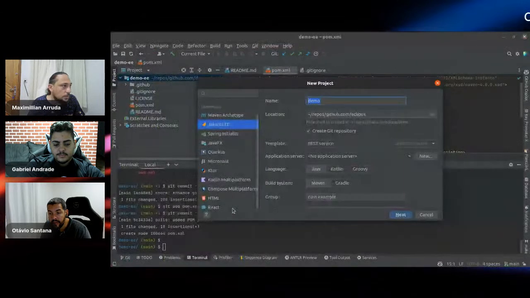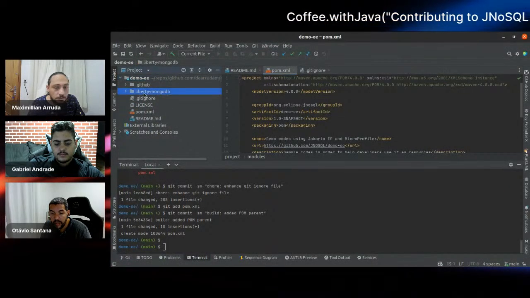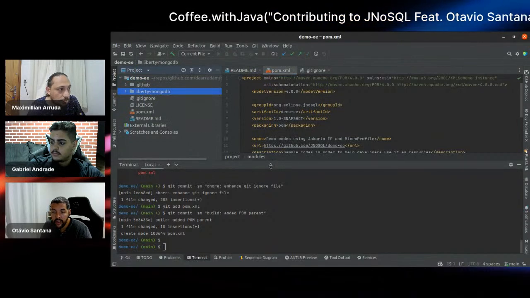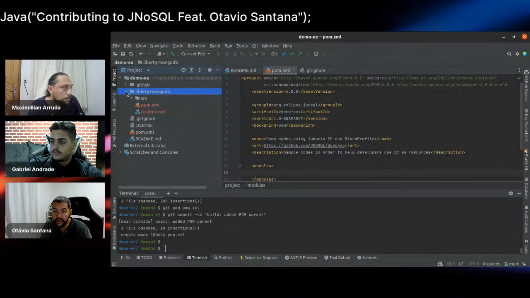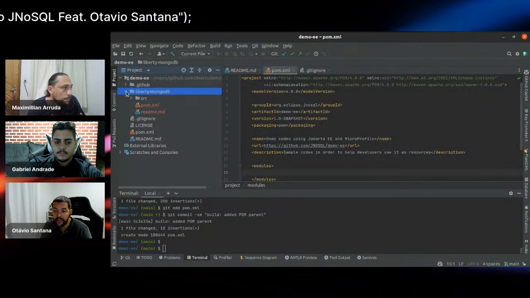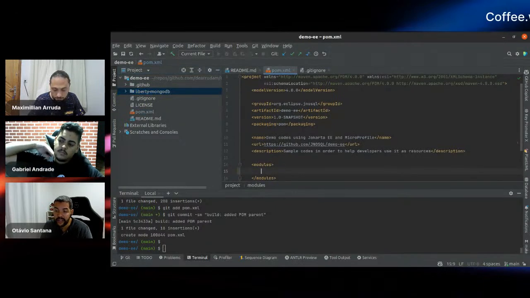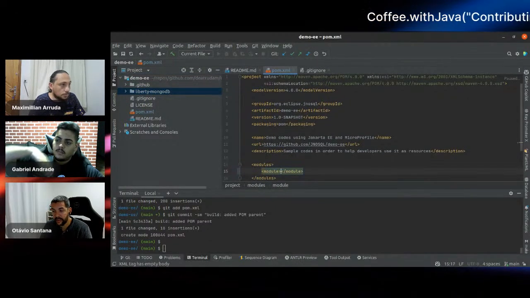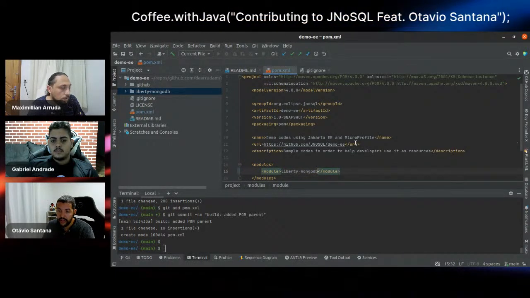Probably everything is in there. Great. So what you need to do right now is to define this as a project, as a module. The Liberty MongoDB module, yes.